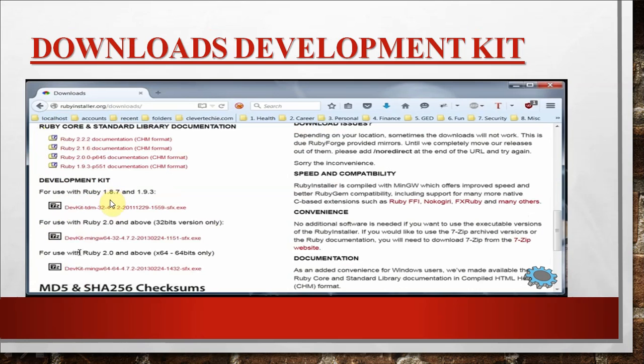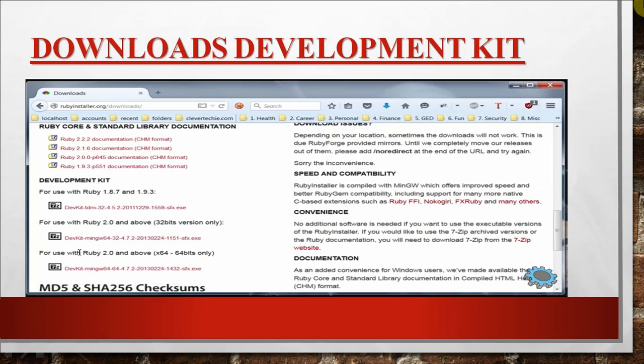You also have to install the development kit because it is an essential part of this Ruby software. Due to this development kit, we automate the software running process. मतलब हमको अलग से पहले कंपाइल नहीं करना पड़ता जेडीके की तरह, फिर उसके बाद उसको रन कराएंगे. Automatically compile as well as run the program. So that's why we have to install the development kit also here.